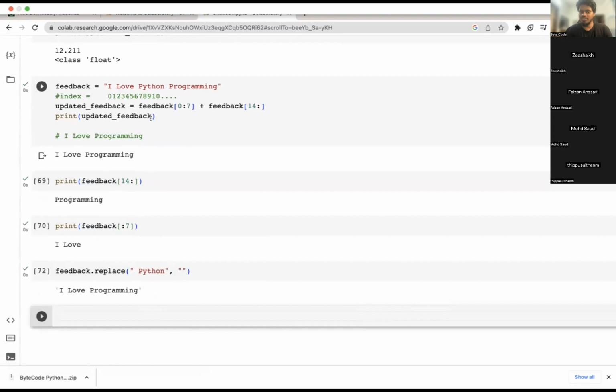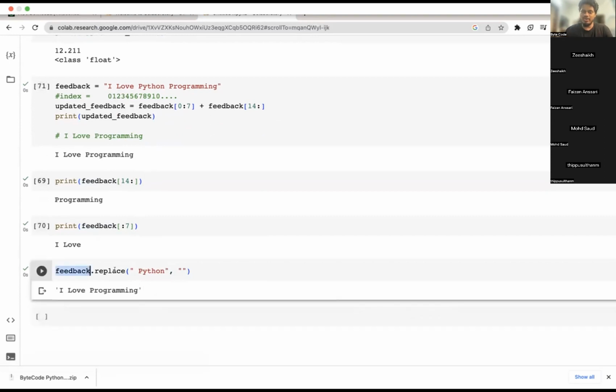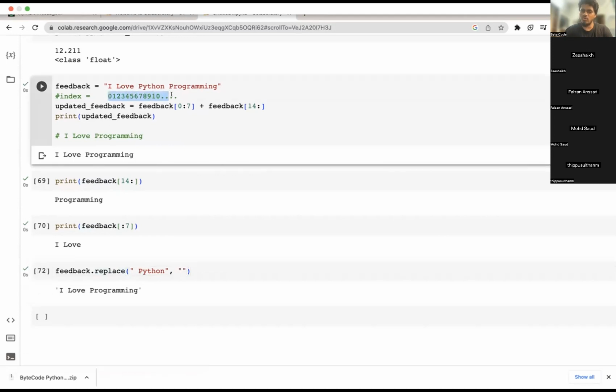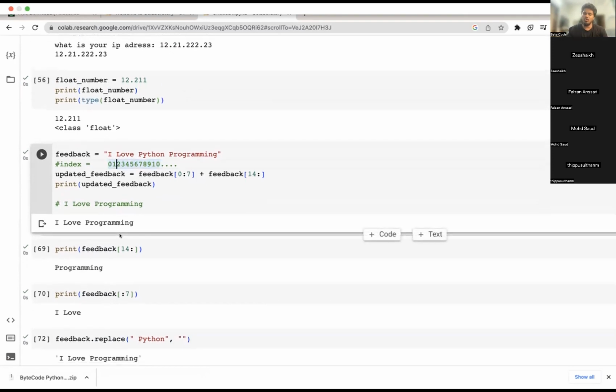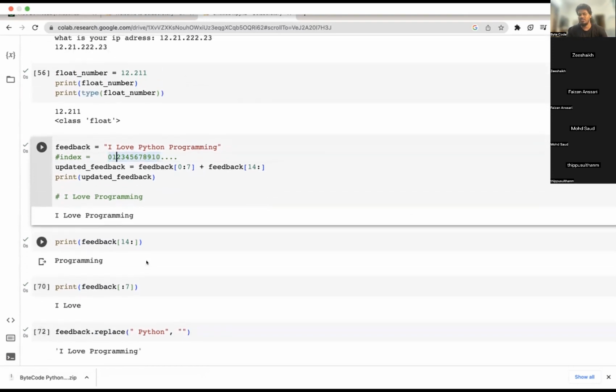You don't have to work with indexes or anything. Replace is a function which replaces Python with an empty string, and it gives me what I want. Makes sense. But for doing this, first you need to get your basics clear, how indexing works and all that. So first doing this, then as we go along, we will learn multiple ways of doing this.